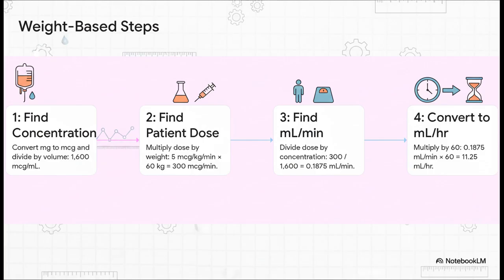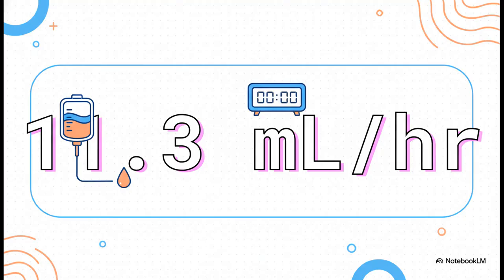And for the final step, remember the question wants mLs per hour. So we just multiply our mL per minute rate by 60. And there we have it, 11.25 milliliters per hour. Since most modern infusion pumps can handle it, we might be asked to round this to 1 decimal place, making it 11.3. See? It looked like a monster of a problem, but it was just a series of small, logical